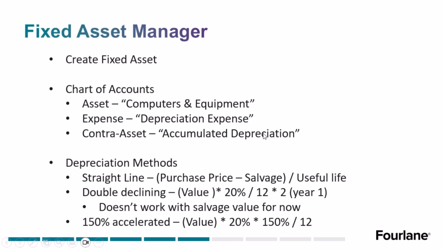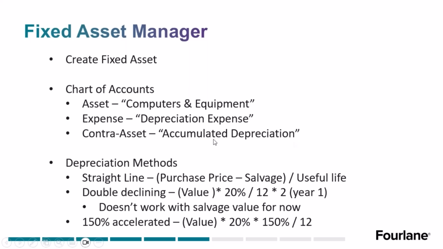And then accumulated depreciation, it's a contra asset. So it is an asset type of account, but it's a contra asset, right? Because it runs on a credit balance natively. It's expected to be a negative balance when you're looking at your balance sheet. Some of our customers like having one lump accumulated depreciation account. Some of our customers do like to break the accumulated depreciation out by assets. So you'll have computers and equipment,